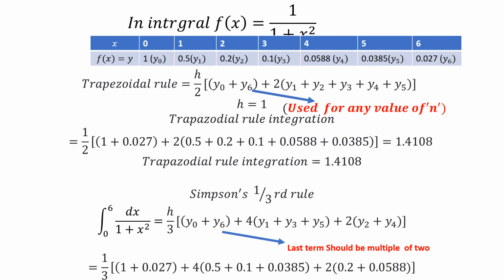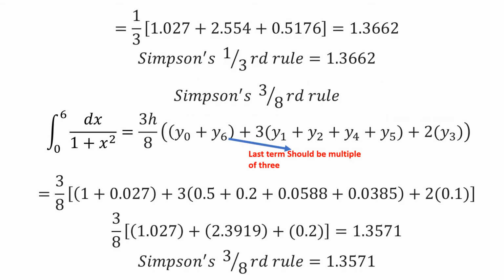If you see the next, that is Simpson 3 by 8, that would be a multiple of 3, that's why 6 will be okay. That's why we have taken it here. So this formula can be this one also. Put in the values of y0, y6, y1, y3, y5, y2, y4. All these values we have calculated here, so the same values we are using again. If you add them all, multiply here, put in the values and then add them, the answer will be this one.